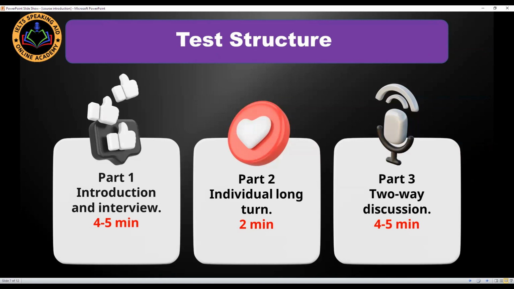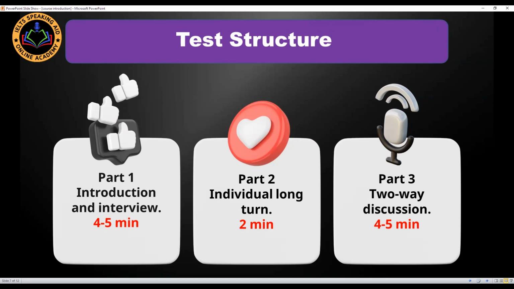Now the test structure. They have three main parts. I think all of you know already. In part one, we are saying introduction and interview. Actually, in the entire IELTS exam, the part one of the speaking test is considered the easiest part,